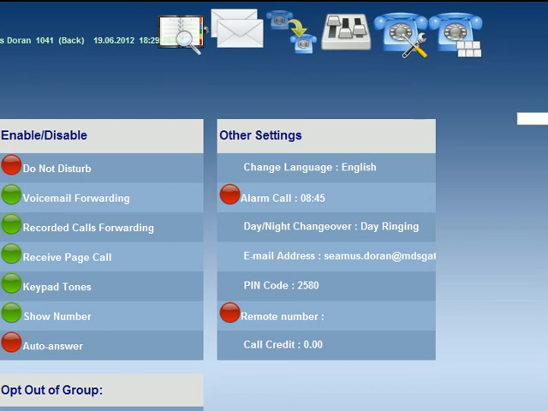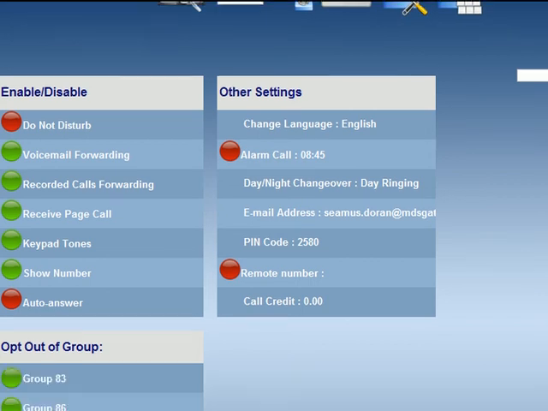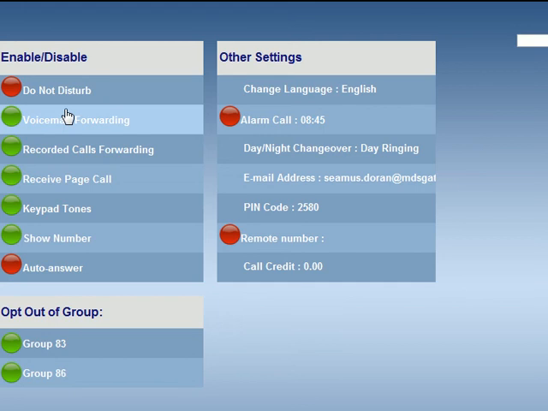Here we can enable or disable do not disturb. It's disabled at the moment, so we can enable it by clicking on the button beside it. We can enable voicemail forwarding, recorded calls forwarding, received page calls. They're all enabled here as indicated by the green display. Auto answer is disabled. We can enable that. We can opt out of group 83 or 86. And on the other settings we can change language, set an alarm called time,